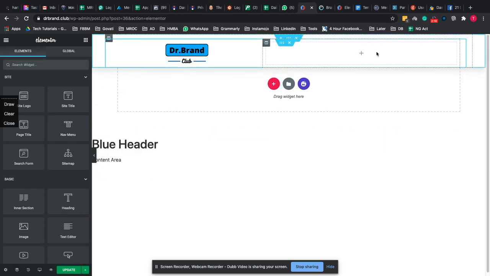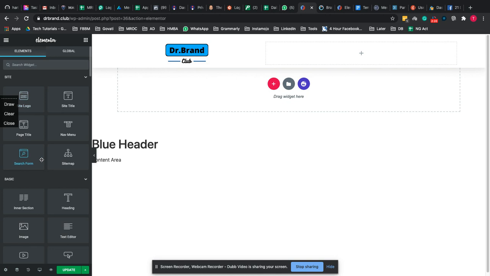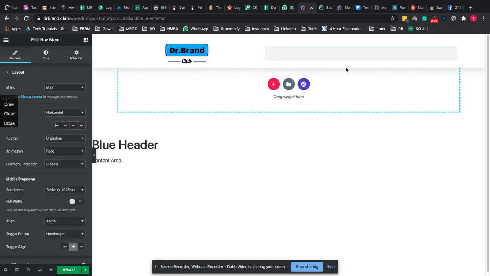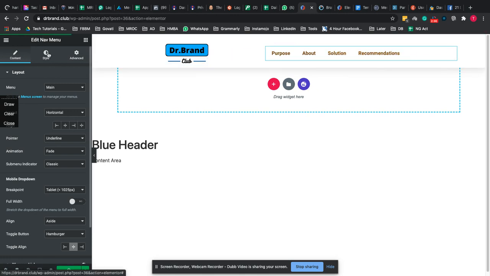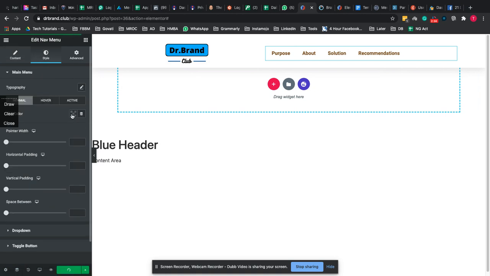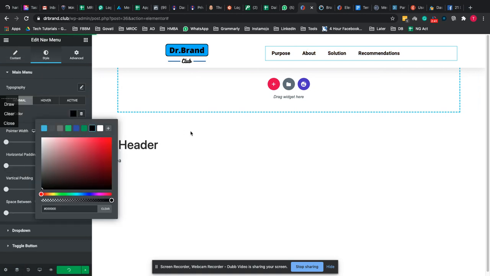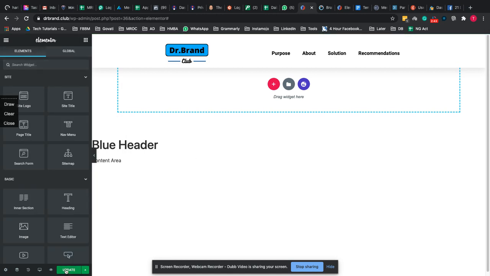So here there was a navigation. I think you need to put the nav menu and main. Okay, now that navigation has come in, I'm going to update. So this will be the top menu bar as it's supposed to be. Let's change the color to black and update. So this is how the home page menu bar should be, and it should not be tampered with.